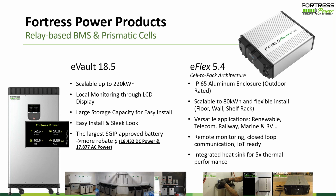So I mentioned before, lithium iron phosphate has a very, very good, safe chemistry, and the temperature range is very broad. This heatsink will only make it more safe and more reassuring to the customer that this is a very safe battery, and you can feel comfortable keeping this in your home. So moving on,